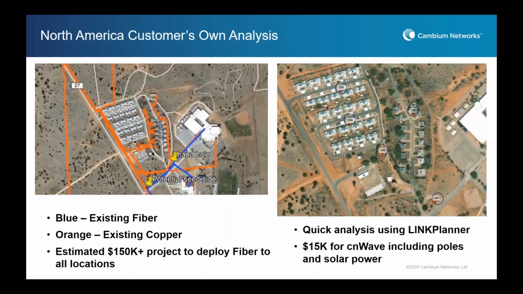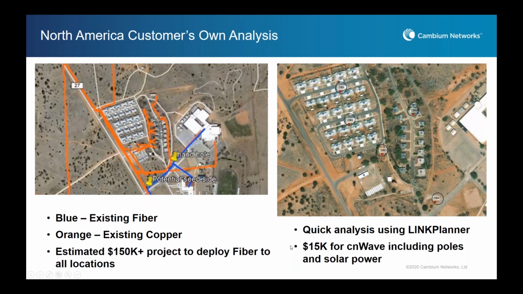And here's one last example from one of our customers that might also be close to home for some of you here in North America. This is a small housing development with fiber on the edge of the network, and there's some existing copper, but it doesn't provide the gigabit per second capacity that they were looking for. They had estimated that this project was going to be about $150,000 to deliver fiber to these homes,